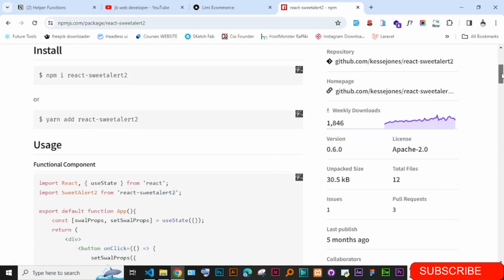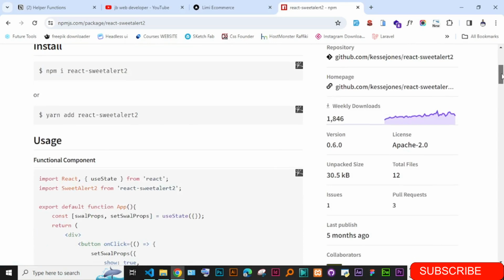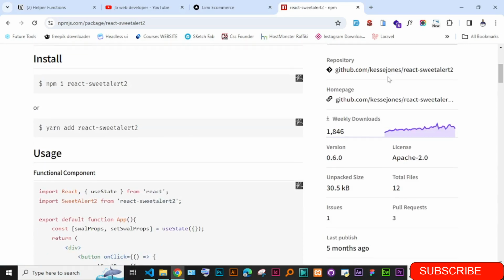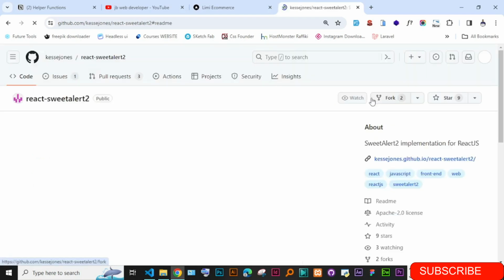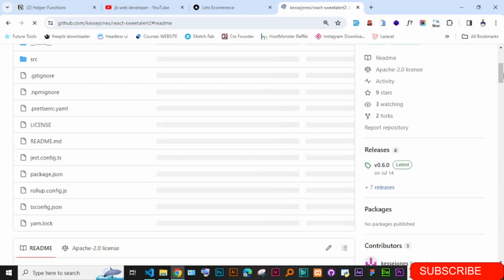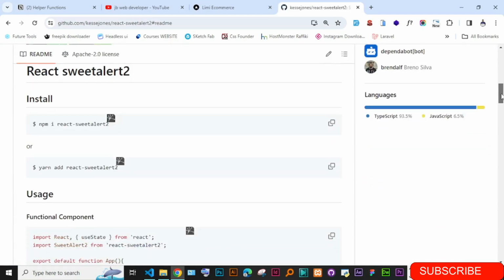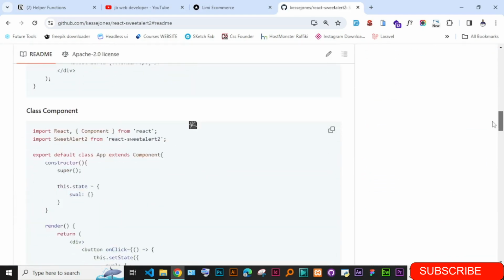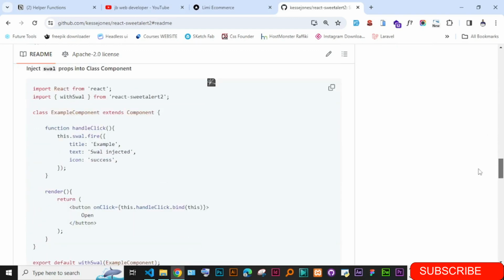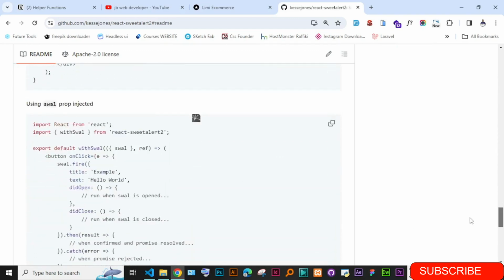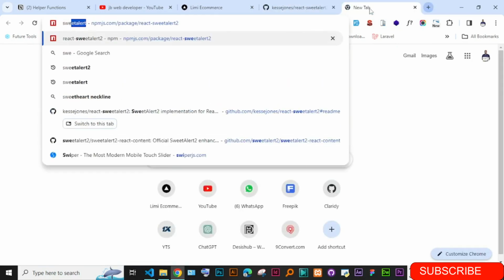But if you just go to sweet alert, let me just see the home page. Let's see if this is going to really help us. This is their website. Let's first say sweet alert